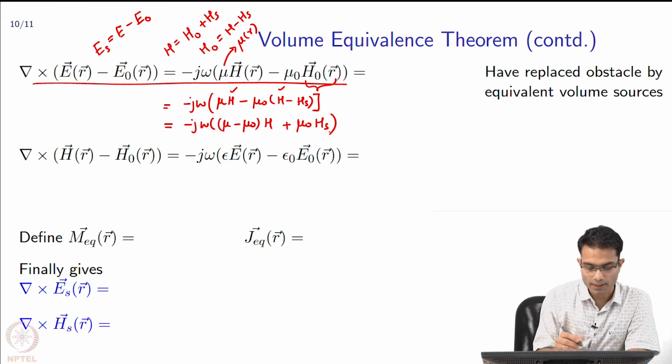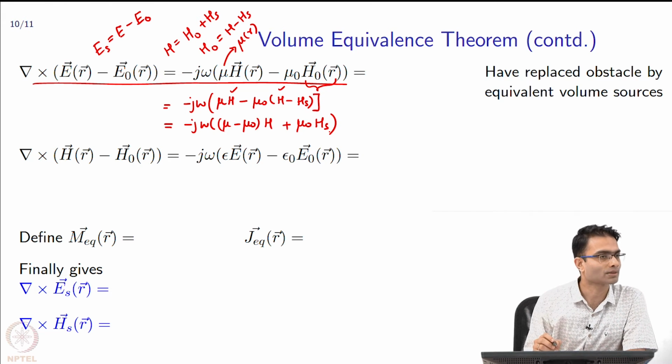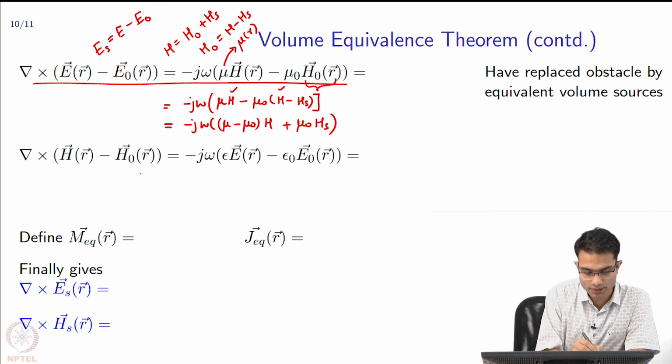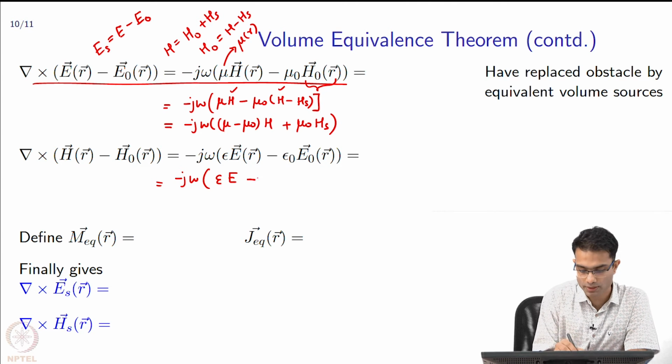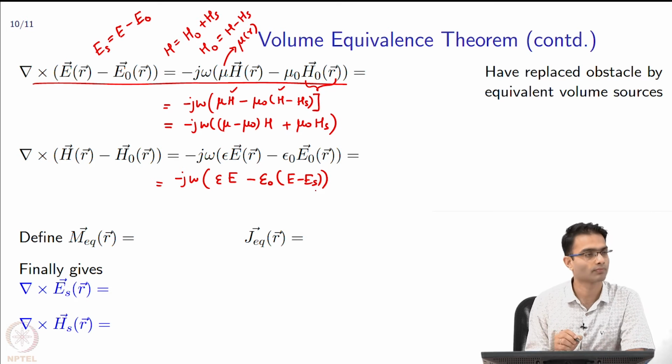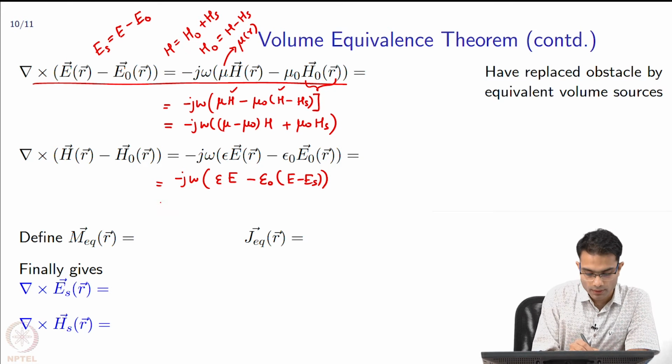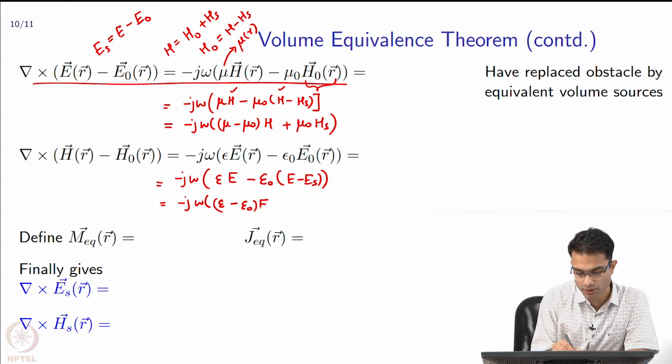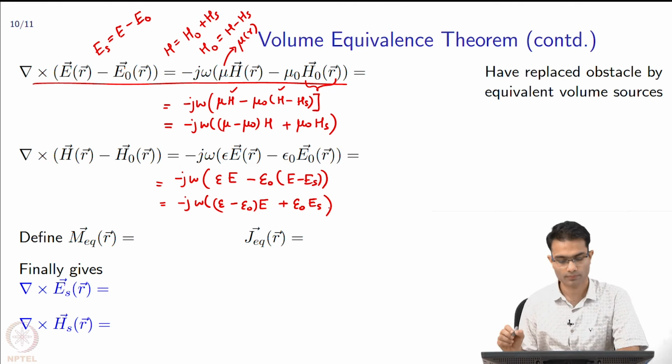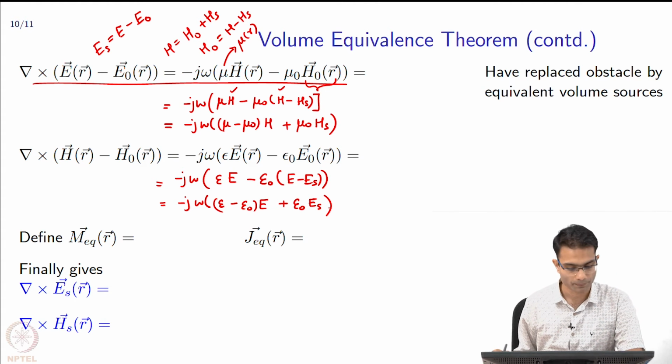Okay, very good. I can repeat the same algebra for the second equation also. So, I will write this as minus j omega epsilon E, I leave it as it is, and minus epsilon naught E minus E s in this case. Again I can combine the epsilon minus epsilon naught terms into an E, and I will get a